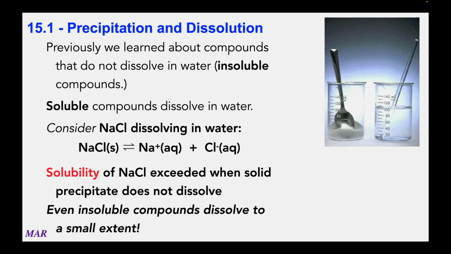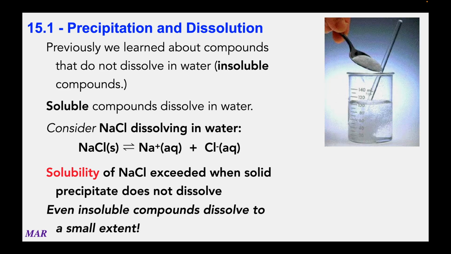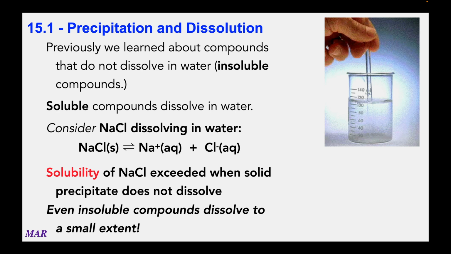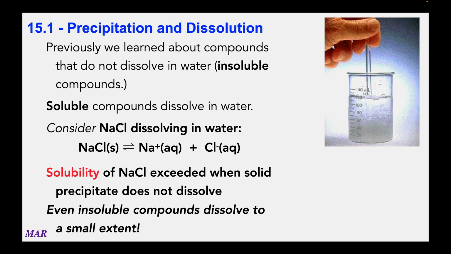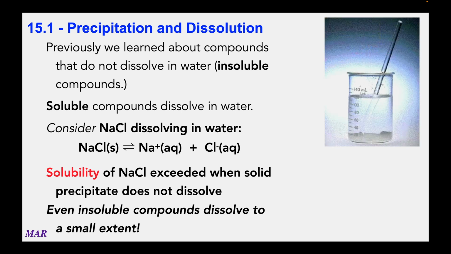And so even the most insoluble compounds do dissolve to a small extent. As long as you know the details of the reaction, you can make predictions. When a small amount of sodium chloride is added to 100 grams of water, it dissolves. If we add more and more salt, eventually no more can dissolve in this amount of water. The quantity of salt dissolved in this solution, about 35 grams at room temperature, is a measure of sodium chloride's